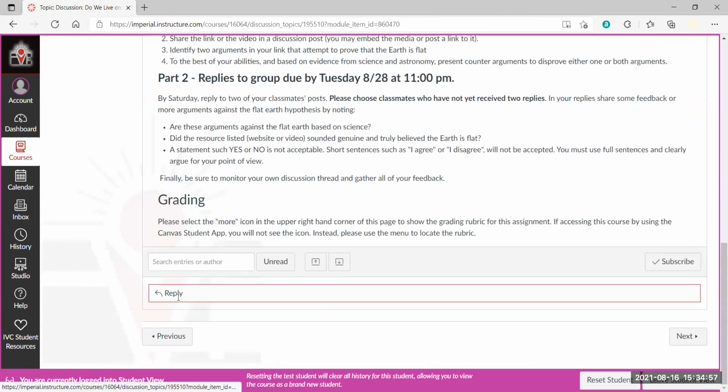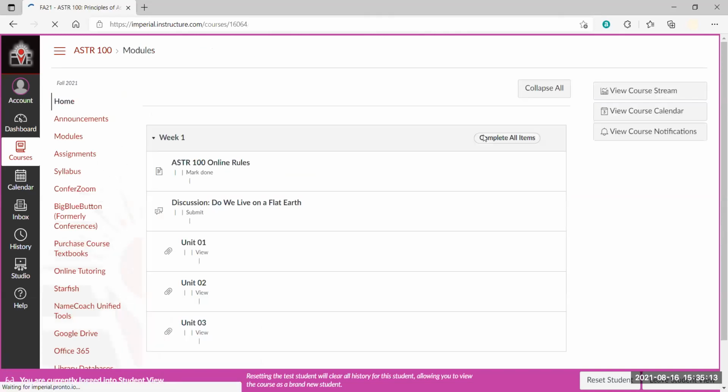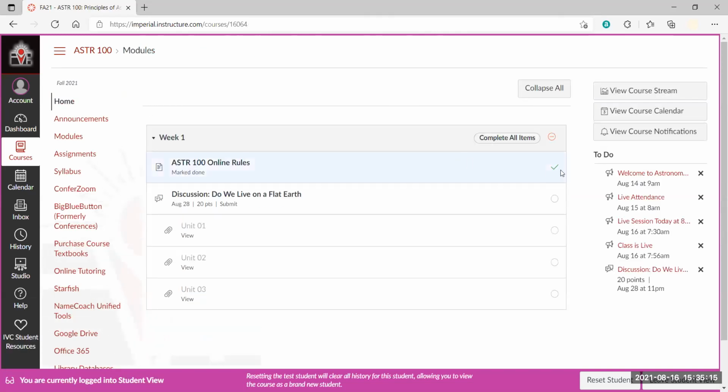If I don't come in here and do a reply and just continue, this is what's going to happen. So this is in a nutshell how our class looks like. You see here also, since I completed this one and marked it as done, it has a checkpoint in here. So if I come back tomorrow, I will see a bunch of checks and then things that are not checked. That means I have to take care of those first, and so on and so forth.